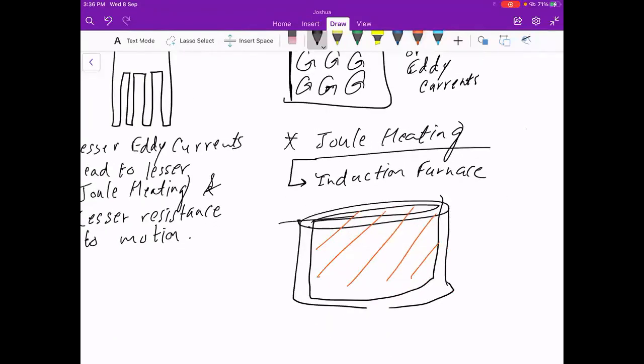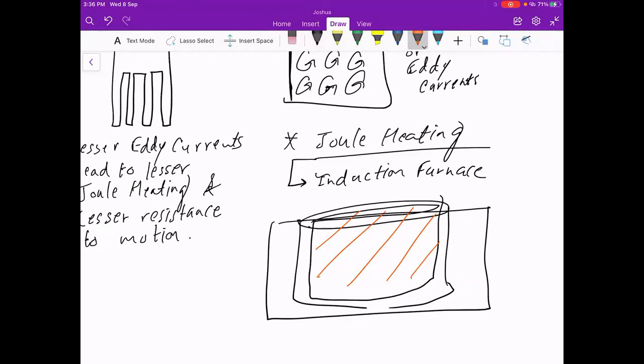So basically, if you have seen the photos or videos of molten metal, it's usually lava, like it's orange color, right? But I haven't told you how exactly it happens. What happens is essentially the metal inside gets heated up a lot.